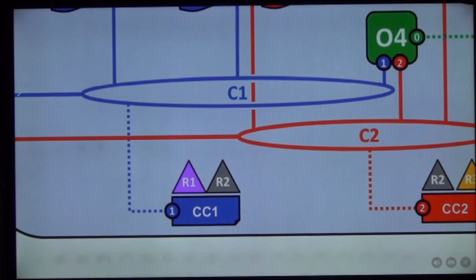So this symbol is for an organization. Let's say R1 is CASE, R2 is FAST. So there is a channel, and you are configuring this channel, deciding who should be part of this channel. So there is a configuration of the channel, CC1. We'll spend more time learning this, but this is the channel.